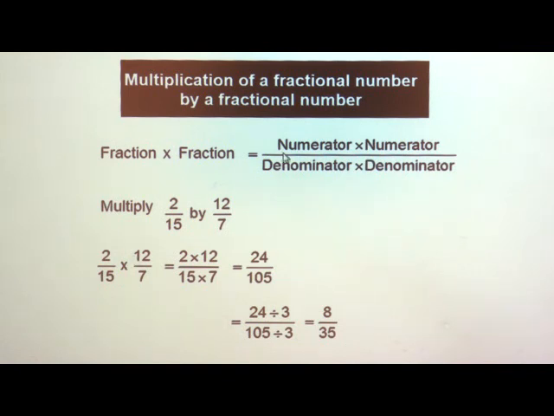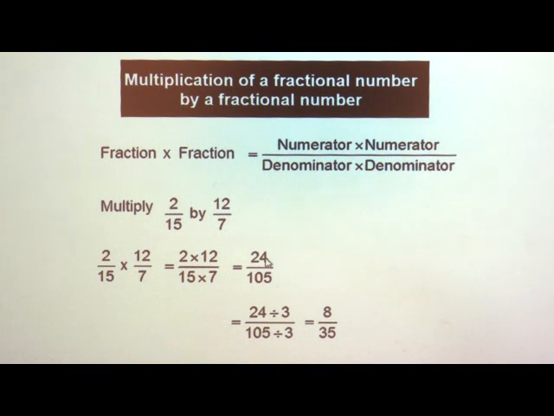Now, already we know we have to multiply the numerators of both the fractions. So, we had done here 2 multiplied by 12, both are in the numerator. So, we had written it in the numerator. Here 15 and 7 both are in the denominator, we are multiplying 15 and 7 in the denominator. Now, you can multiply. If you do not know, I had given a trick, how can you multiply if you have a larger number, but you know the 12 table. So, 12 2s are 24 and you know the 15 table also, 15 7s is 105.